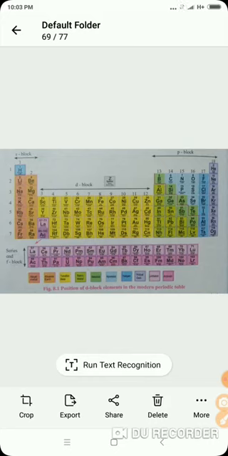So now in today's video, we learn the next part, that is the spin only formula. The spin only formula is related to the number of unpaired electrons. As we know, all the transition elements are placed in the d block of the modern periodic table, and most transition elements contain unpaired electrons in the d orbital. All these elements contain their valence electrons in the d orbital, so they are placed in the d block.